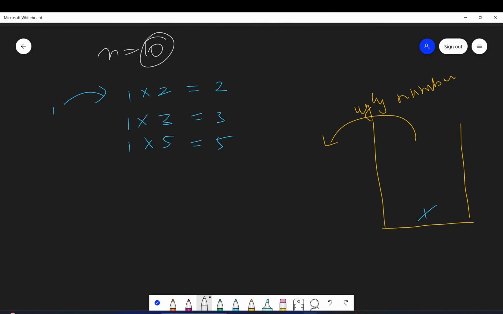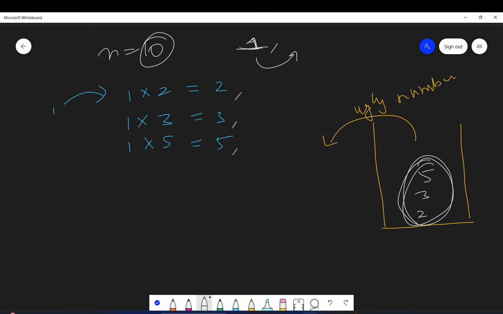So here, this is removed, right? I'll get 2, 3 and 5 here. The first ugly number which I got was 1 because we popped it out, right? So that was the first ugly number. Now, see guys, very important. Now we have these numbers. So what do you think will be the next ugly number after 1? Obviously the smallest among these will be the next ugly number. Do you agree on this, right?